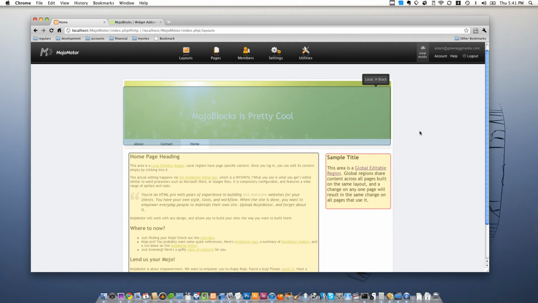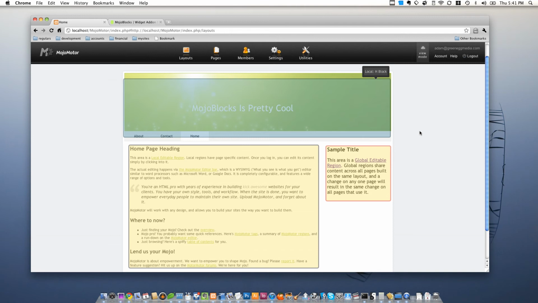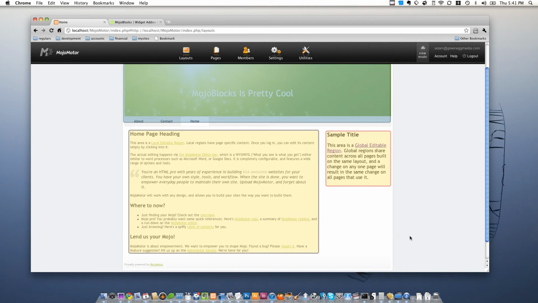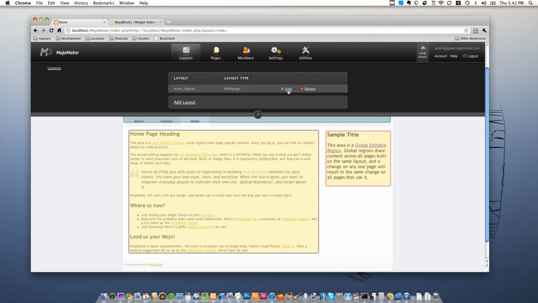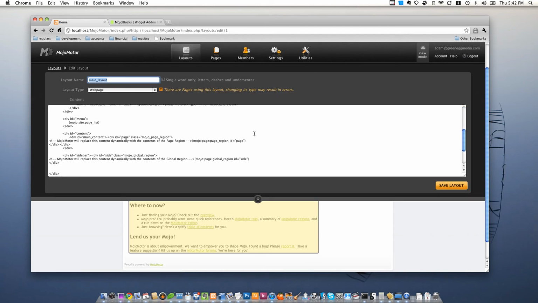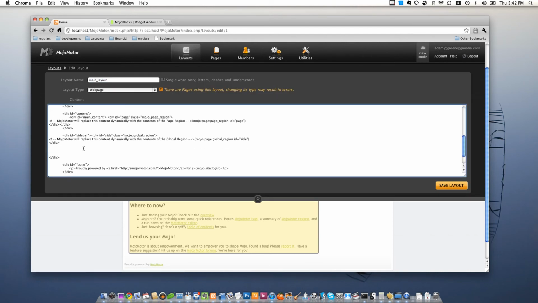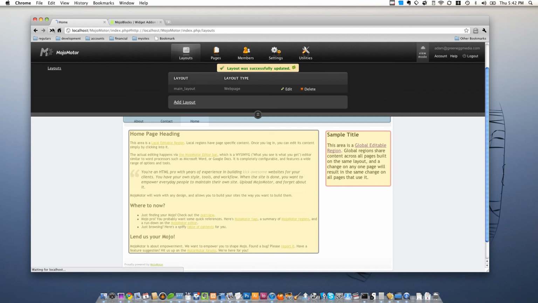It goes far beyond that. So let's take a look at a little bit more of a complicated block, and let's say we want a Twitter block down here, and maybe we want the client to be able to update how many tweets there are. Maybe we don't even want the client to update it at all. We just want to do it ourselves and make it a little easier than having to hard code it in there. So we'll go into layouts. And again, I've copied the syntax here, and we're going to put it in the sidebar. And let's put a little space there between it. Give it some separation. So that's the syntax for it. We're going to save the layout. We're going to refresh the page,